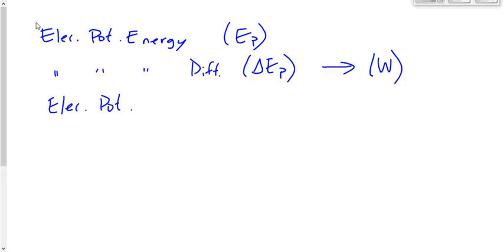Potential is the amount of energy per Coulomb of charge. And the symbol for that is V, a capital V, not a lowercase, because that would be speed. Capital V. And we find that by taking the potential energy and dividing it by the amount of charge. So not the amount of energy, but the amount of energy per Coulomb of charge, E over Q. And then we talked about electric potential